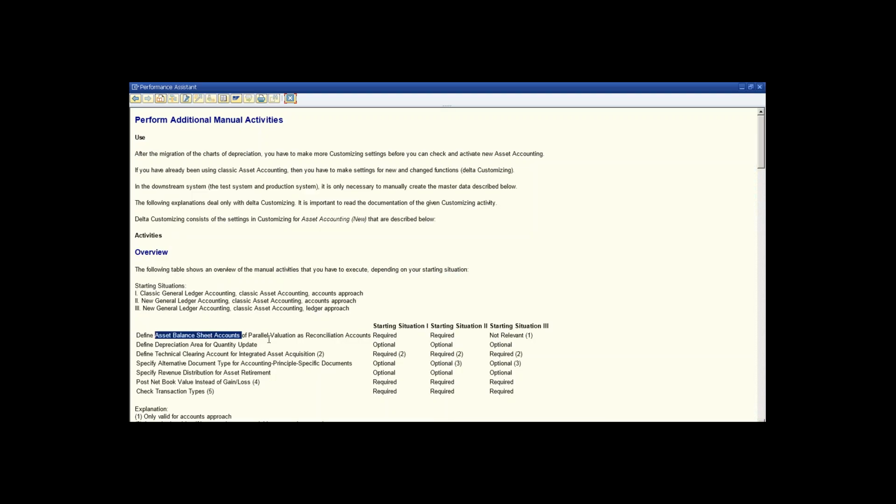So define asset-based reconciliation accounts, define depreciation areas for quantity update, technical clearing account, alternate document type, specify revenue distribution. I think this was available earlier also. That is the reason why it is optional. If you want to post net book value instead of gain and loss, that is actually required. So